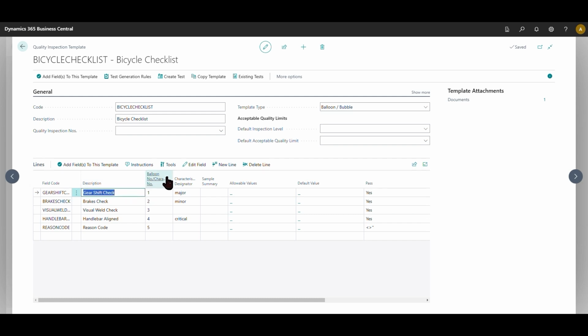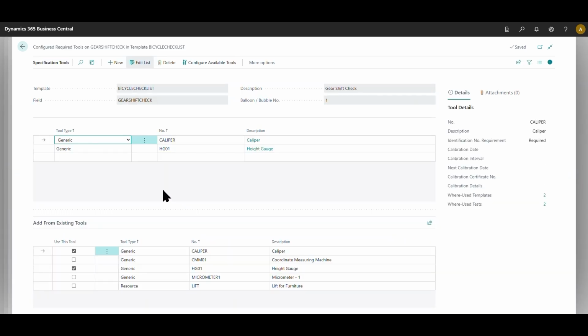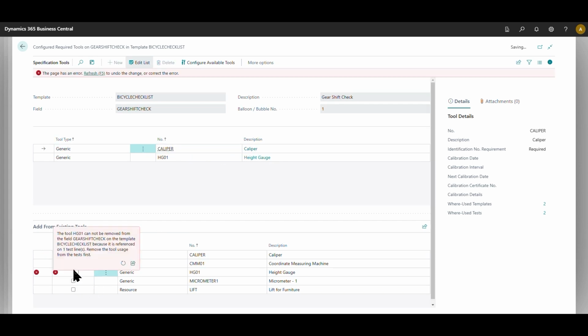And for my gear shift check, if I want to configure the tools that I want to use to validate that value, I simply click on Tools. I'm now going to be able to see and change the tools that I need for this specific step. So in this case, perhaps I want to require that a caliper is used and a height gauge. You could remove it simply by unchecking,